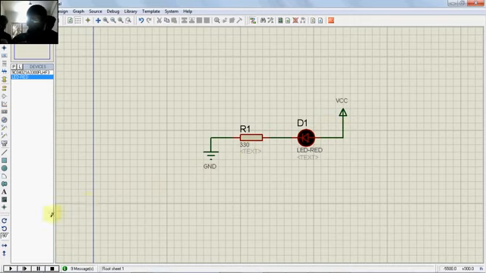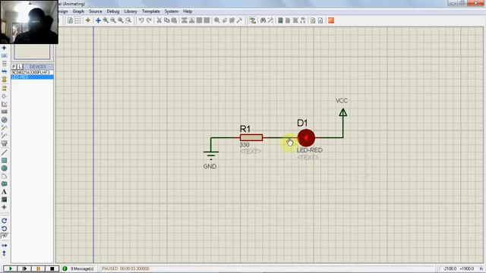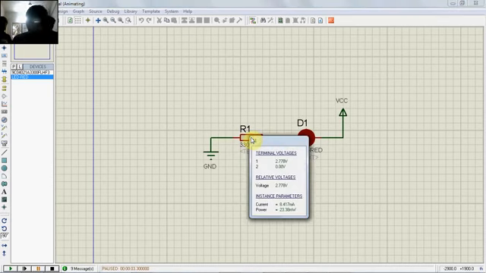Now if you pause that and press on that, you can know the terminal voltages. Its anode voltage is 5 volt and the cathode voltage is 2.77 volt. And if you press on the resistor, you will get the terminal voltage. Oh, I can't move the mouse after that. If you press that, you will see that the terminal voltage is 2.77. On the other end, it is ground, so it's 0 volt. The relative voltage, the difference between 1 and 2, is 2.77 volt.